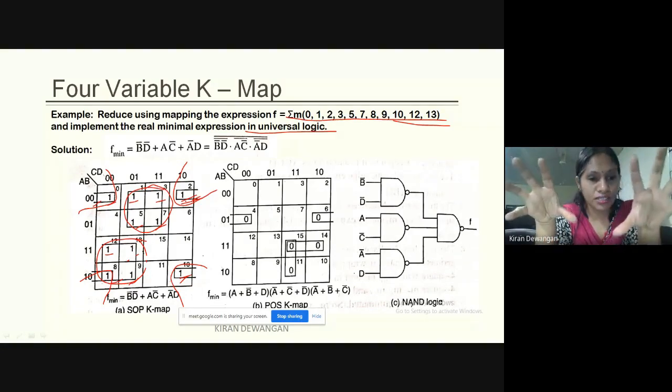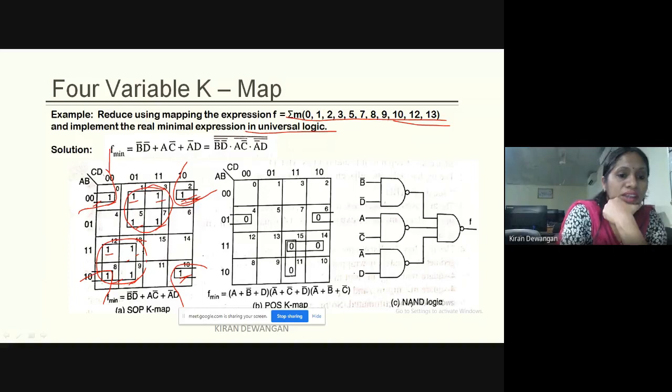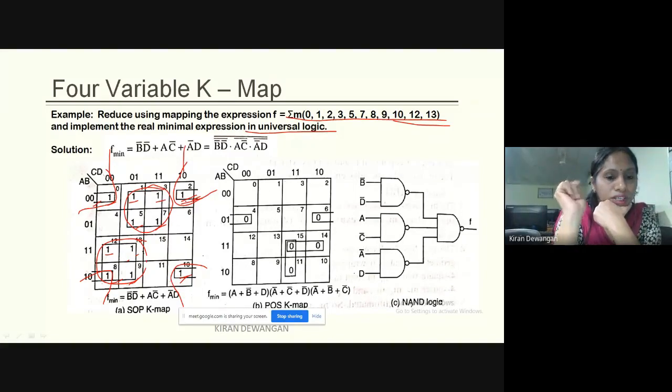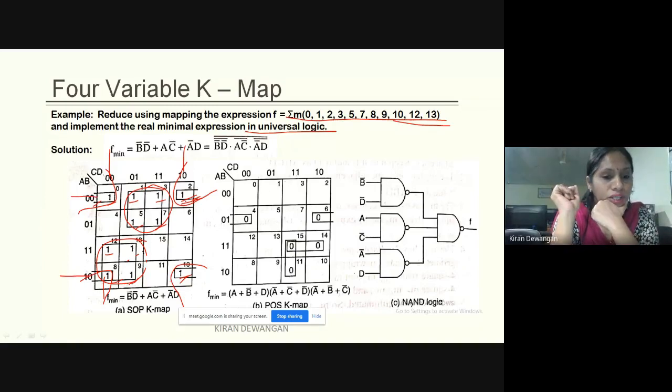That is the corners. All the four corners are also adjacent to one another. As I could say, these two are adjacent to one another, and these two are also adjacent to one another. So definitely they will also form a quad. That is min term 0, min term 2, min term 8, and min term 10. They will also form a quad. So basically we are having three quads here. Clear? So this is how the quad formation is taking place.